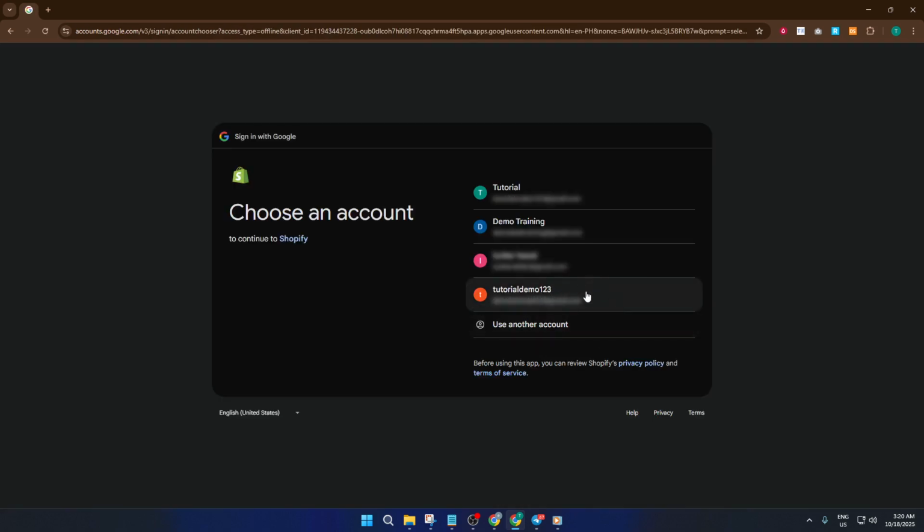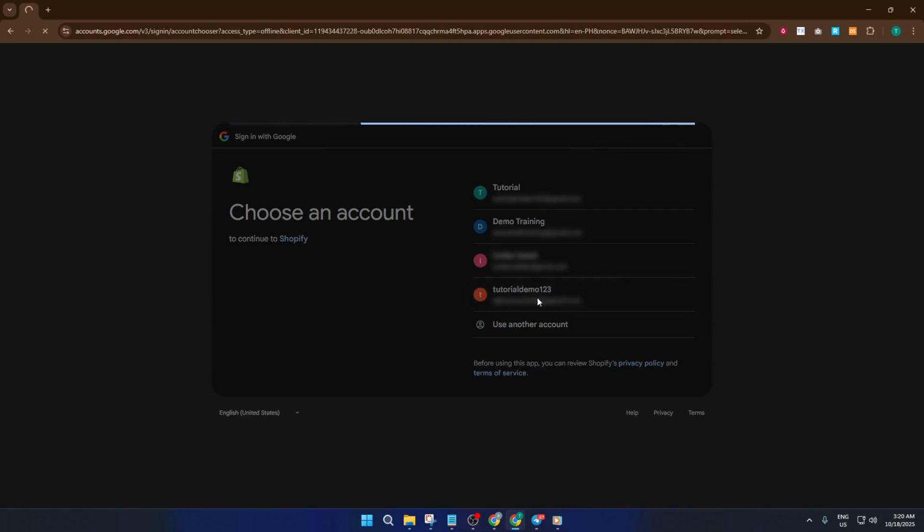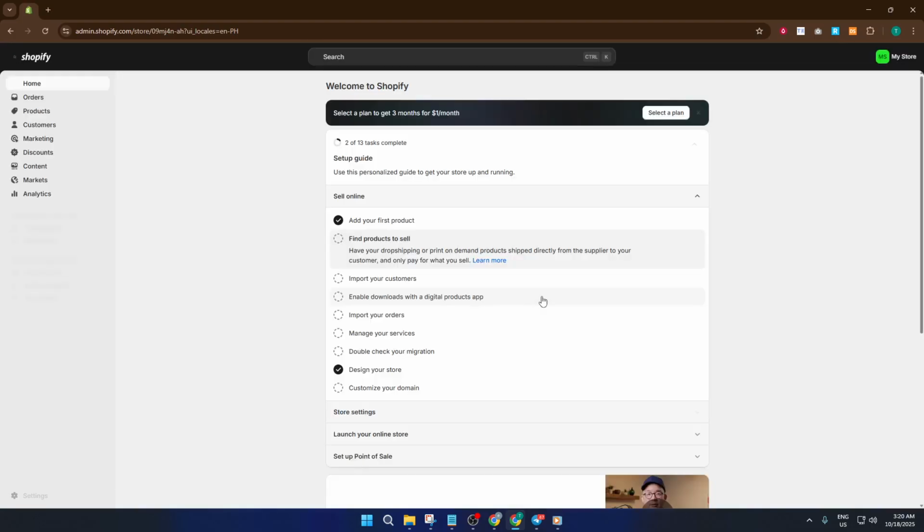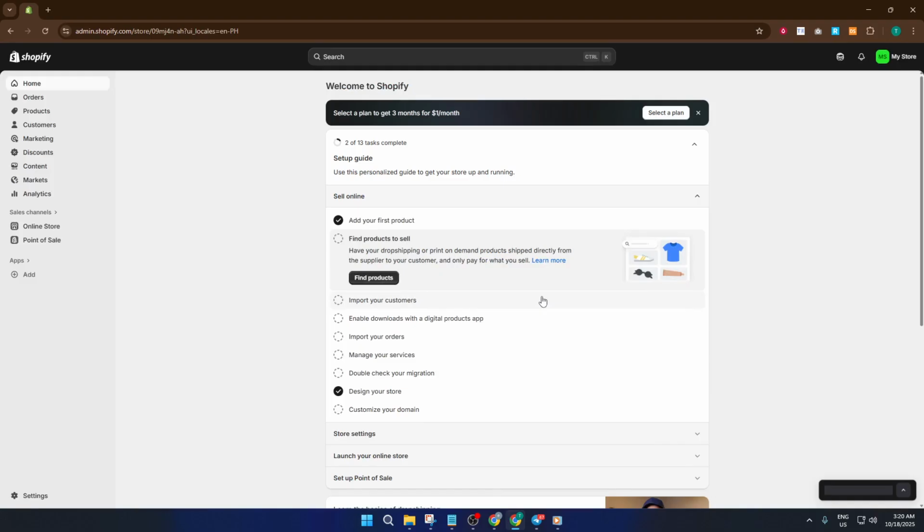Here's where it gets really easy. Click the Continue with Google button, and a window pops up listing all the Google accounts you currently use on your device. If you're like me and you have a personal email, a work email, maybe one for projects or side hustles, just select the account that's linked to your Shopify store. This helps ensure you're logging into the correct business account, especially if you manage multiple shops or work across different brands. Once you've entered your credentials, Shopify will direct you to your admin dashboard,